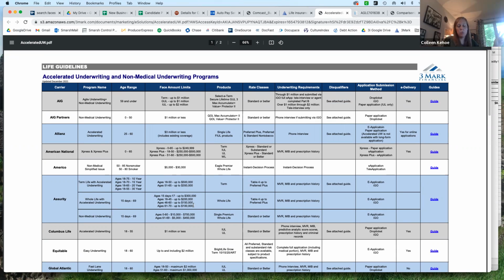It's different. There are a few different ways that carriers do accelerated underwriting. Some of them will have the client do a phone call and have an interviewer ask them questions. Some companies will have them do an online form where they will essentially answer the same questions, they just answer them online. Some carriers literally have nothing. You fill out the app, you submit it, and wait. That's for very small face amounts. But to answer your question of when would you use it,